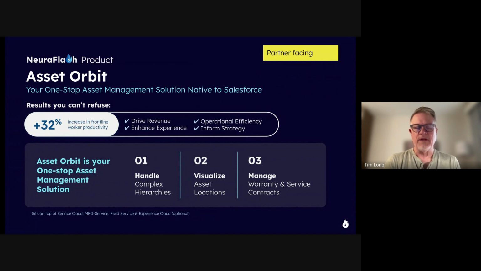So building on the foundation that Salesforce has provided over the last probably 3 or 4 years, really, in asset-centric businesses, NeuroFlash has built Asset Orbit to help customers recognize some of those gains that they're looking to achieve in their services business. For many customers, servitization, put air quotes around that, servitization is this journey